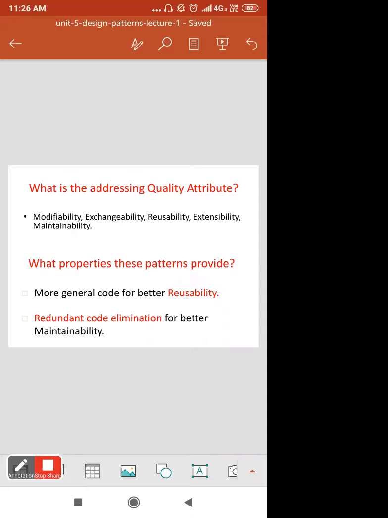And redundant code elimination for better maintainability. There should not be redundant code. The same code should not be there in many of the functions. That should be avoided.